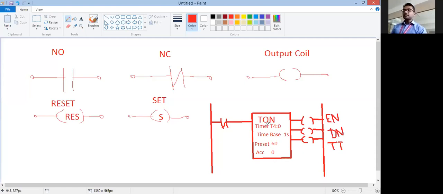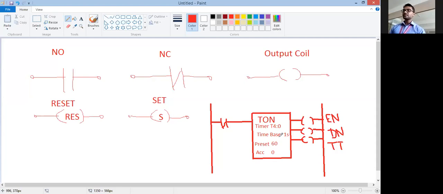In yesterday's lecture, we saw how to give addressing to any input, output, timer, or counter. For a timer it is written as capital T, and the timer file is 4, so it is T4:0. Here we are using timer number 0. If you have to use timer number 5, instead of this 0 you can put 5.